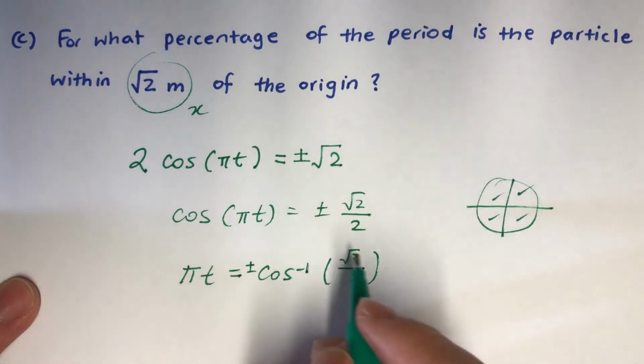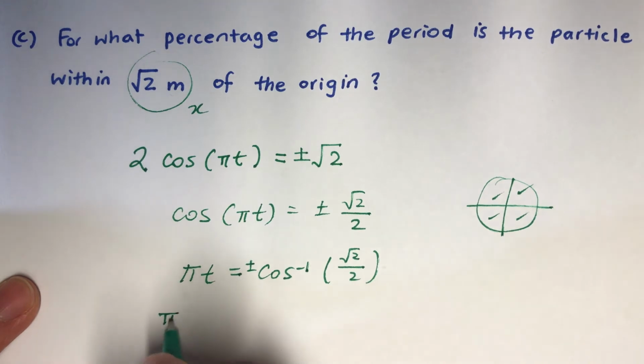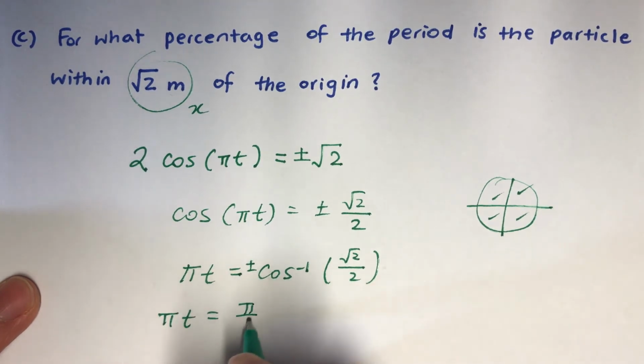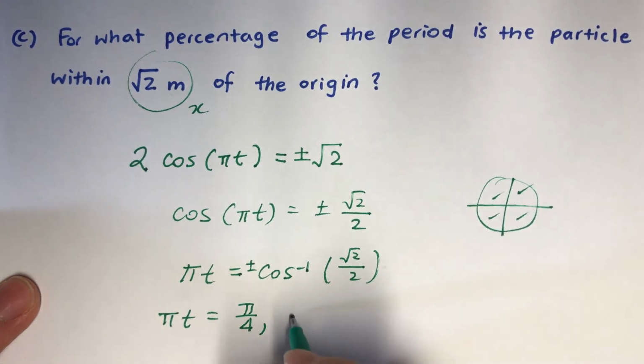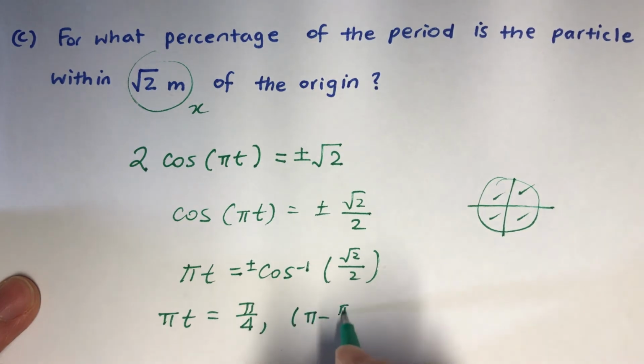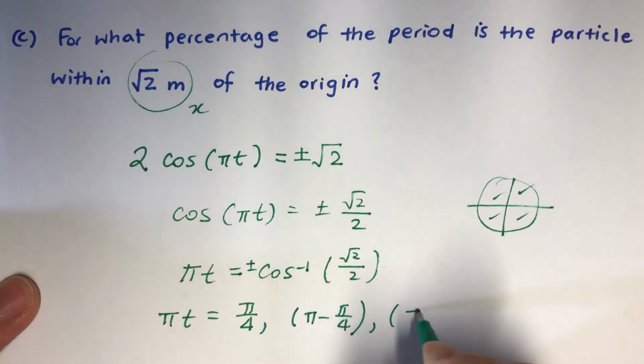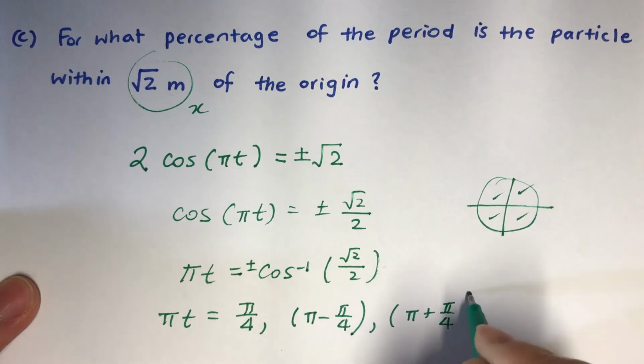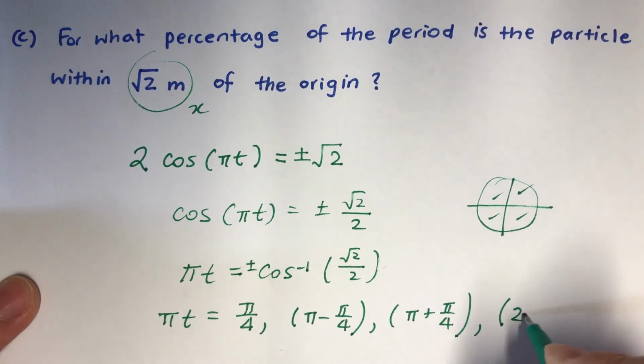So that's 45 degrees, right? So pi over 4, but that's the first quadrant. Second quadrant will be pi minus pi over 4. Third will be plus pi over 4. Fourth will be,